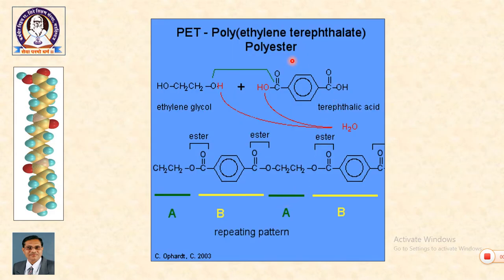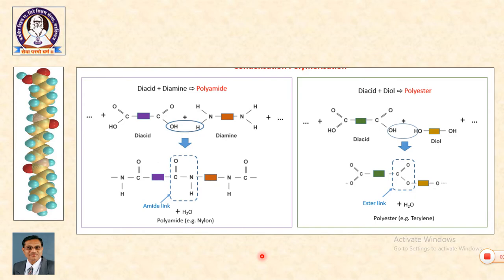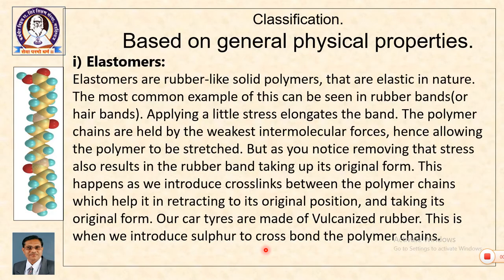So, polyethylene terephthalate, that is polyester. So, how is it formed? It has ethylene glycol as one monomer and terephthalic acid as another monomer. So, these two monomers undergo the reaction. The reaction is condensation. During the condensation, a molecule of water is eliminated and alternately these monomers are arranged. The repeating pattern is also given. So, this is one more example of such a condensation polymer. It is a polyamide and it is a polyester. So, condensation polymerization is observed in these cases also.